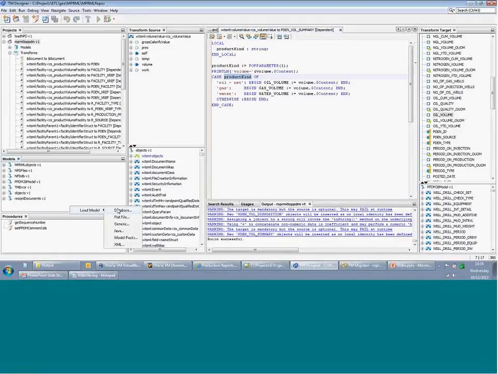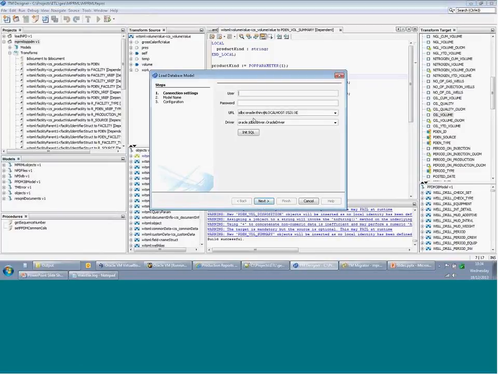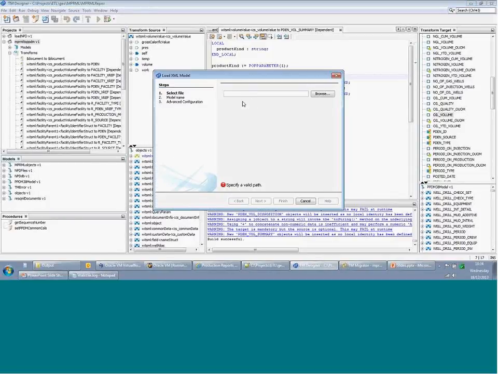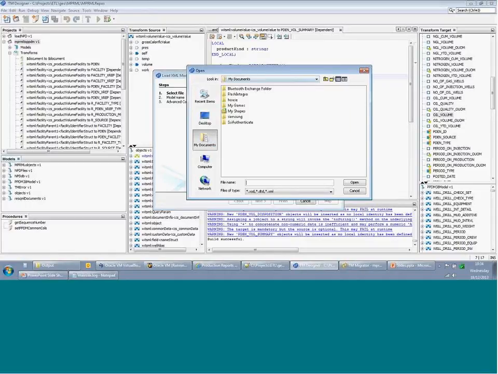I'd say this is quick and simple within TM. So as I passed on earlier, there are models here that I've loaded in. There are various databases and XSDs. So if I'm loading a model, if I'm loading a database, for instance, I can click on there. You give the user, password, URL, connect up and load that in. For the XML, again you can see, we select the file. So in this case,